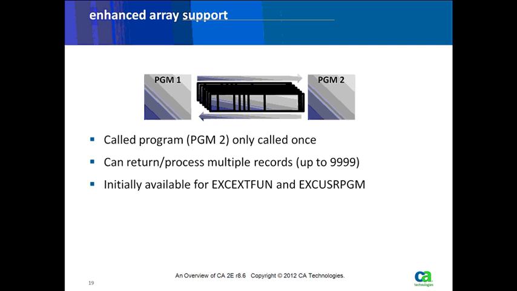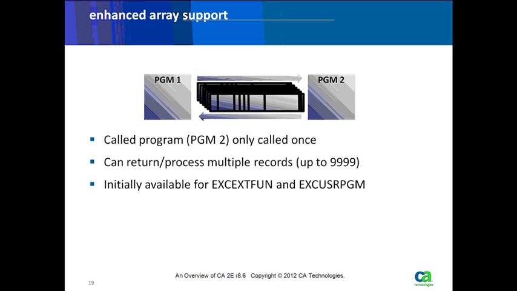In this case, of course, the difference from the first way is that you're only calling program 2 once. From program 1, you say, okay, maybe it's one parameter. You say, here is the key criteria, and then return me back another parameter, which is this array, returning every record which matches that key, that partial key. As we say, it can process up to 9,999 records at once, so it can return up to almost 10,000 records.